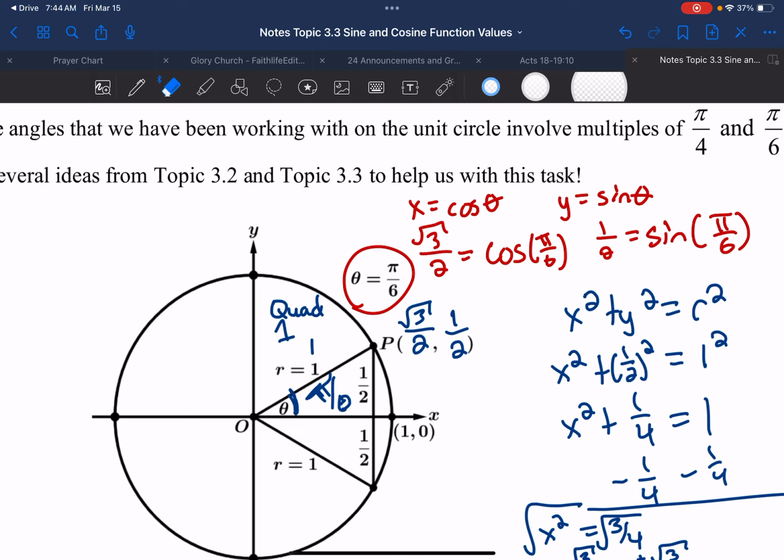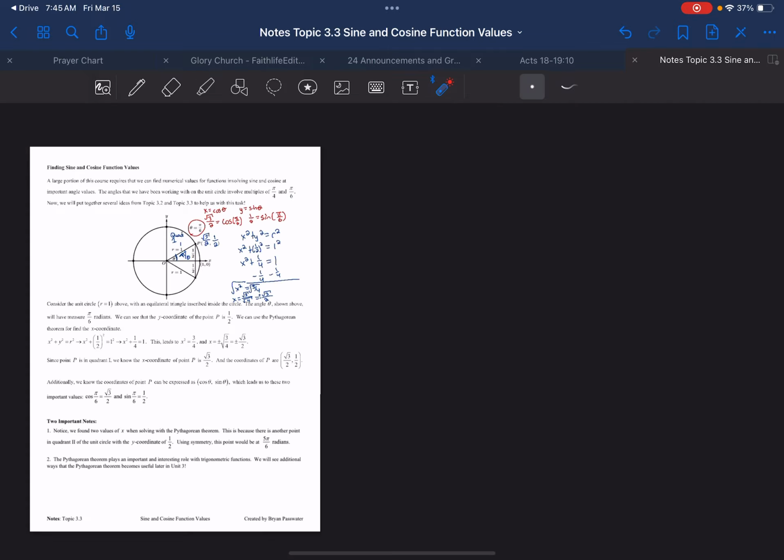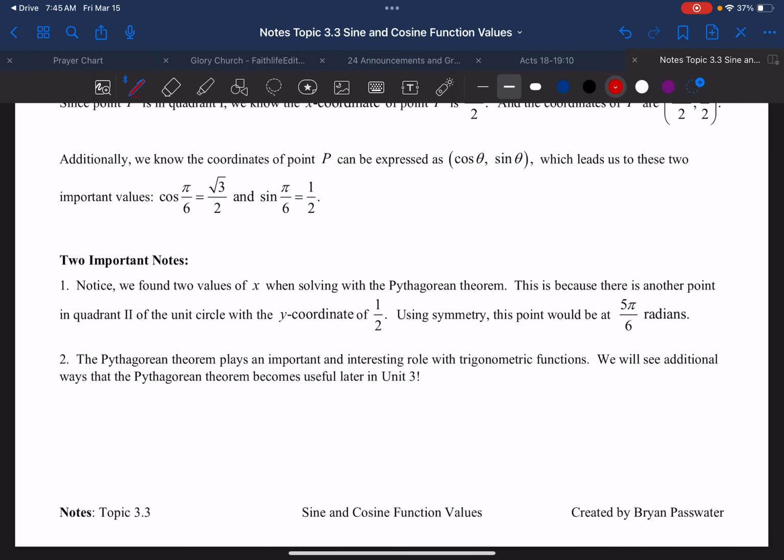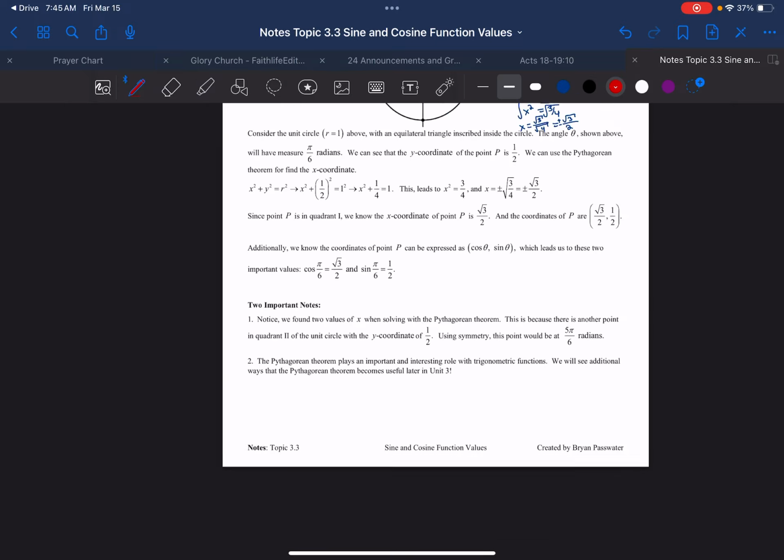And if I plug in pi over 6 into cosine, it's going to spit out square root of 3 over 2. And this is going to be useful, and we'll see it here. And notice we found two values of x when solving the Pythagorean theorem. This is just talking about the fact that there's quadrants, and we can use symmetry to repeat around the circle. And the Pythagorean theorem plays an important and interesting role in trig functions, and we're going to use it a